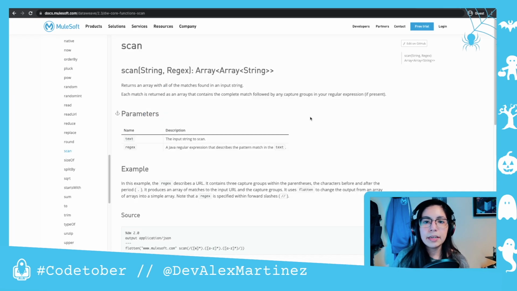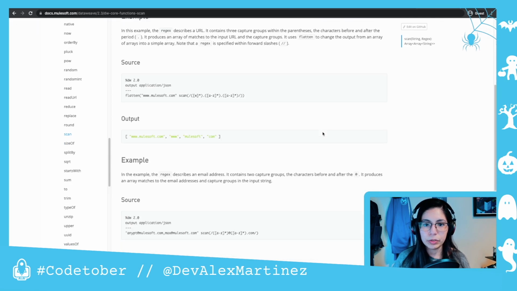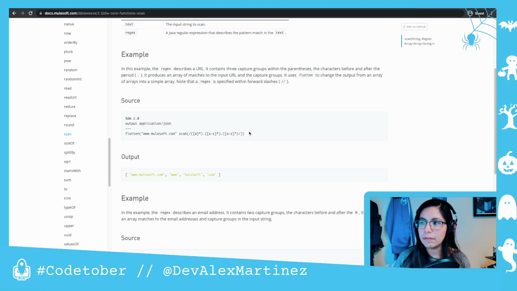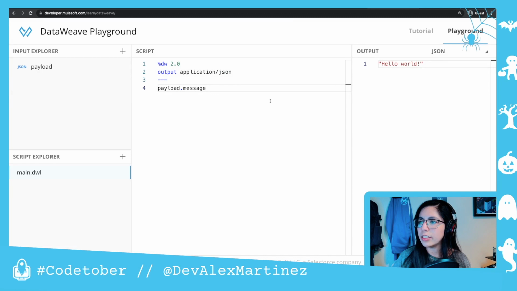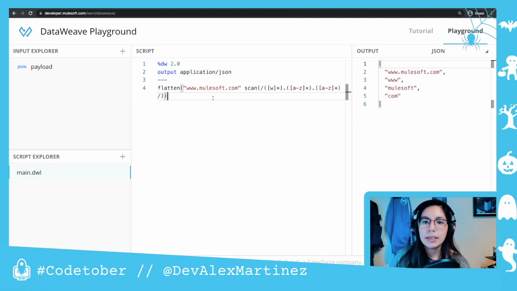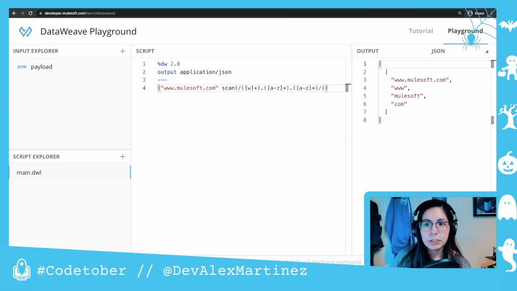So here's the official MuleSoft documentation for the scan function. As you can see, it's a core function, so there's no need to look for a specific module. How many examples do we have? We have 2. Okay, so let's take the first example and put it in our DataWeave playground. Let's take out the flatten to see what this is doing. If we have www.mulesoft.com and we do a scan with this regex, let's see what happens if I put this in